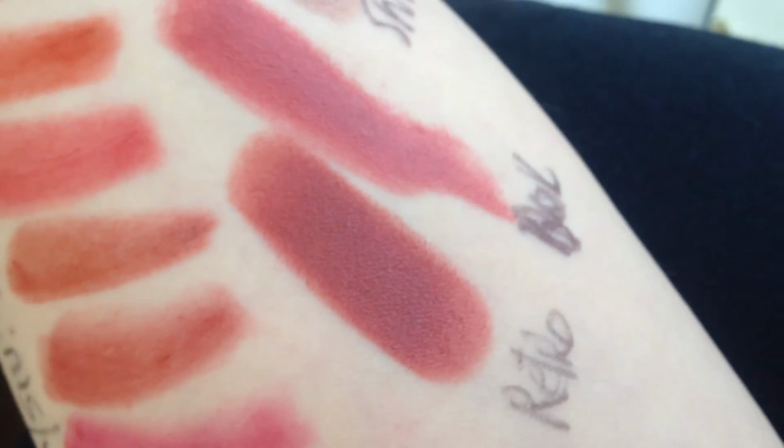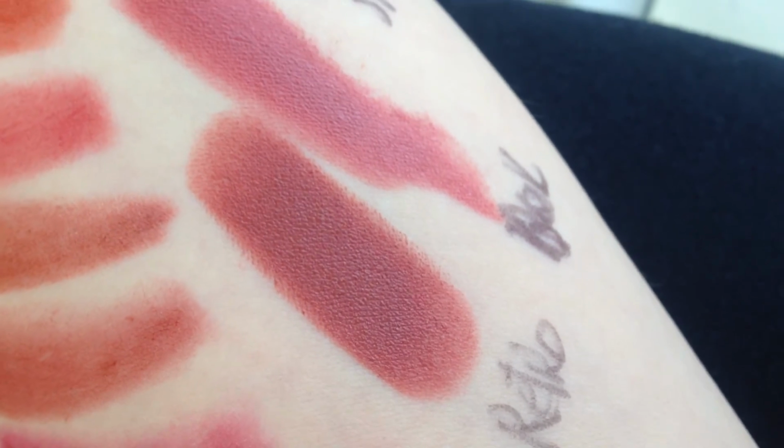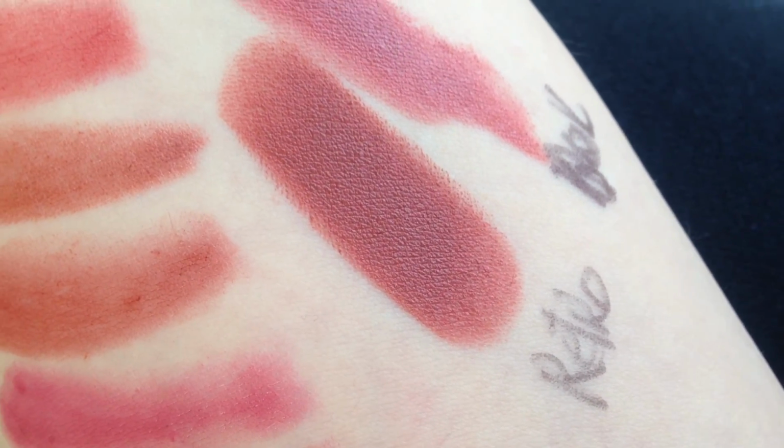Okay. Bottom line, I got kind of lazy and I was like, I better just swatch these down here because I don't know if I'll have room anywhere else. First in line there is Retro. It is gorgeous. If you like kind of a darker neutral